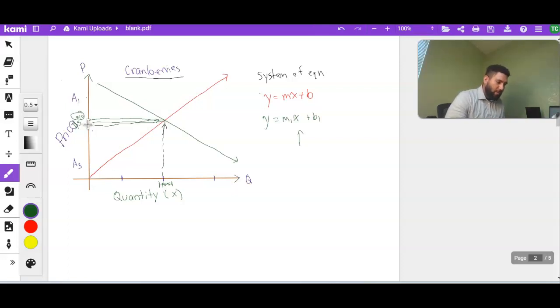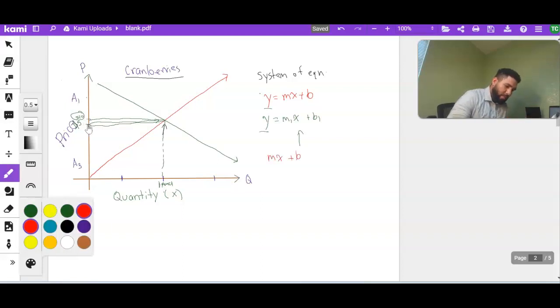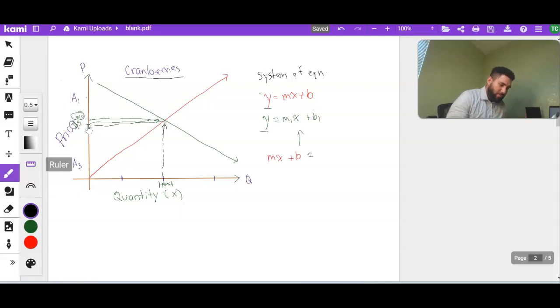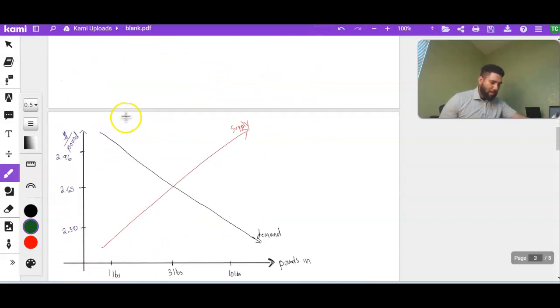That's actually going to be the solution to the system of equations, meaning you can use substitution here, set the red equation equal to the green equation, mx plus b equals m1x plus b1, and solve for that x coordinate that gives you that price, okay, that they're looking for. Okay, so that's how I would use it for the text-to-text connection for mathematics and for the text to the